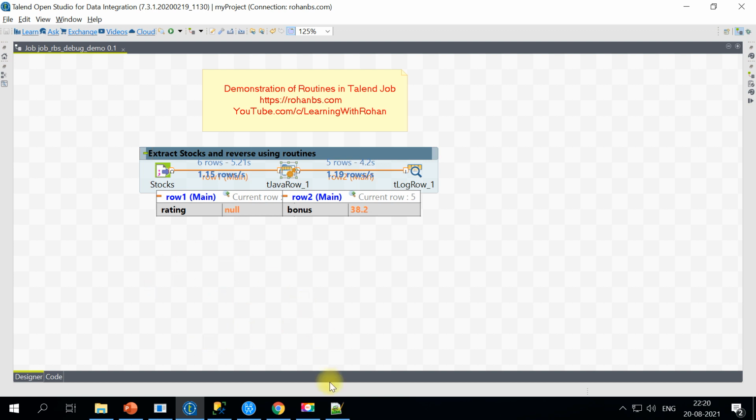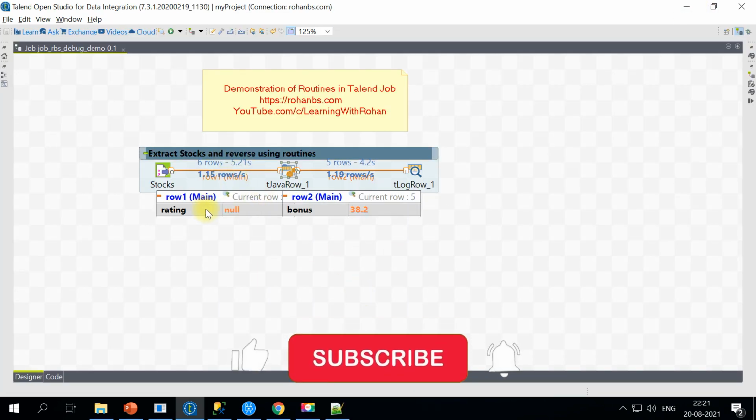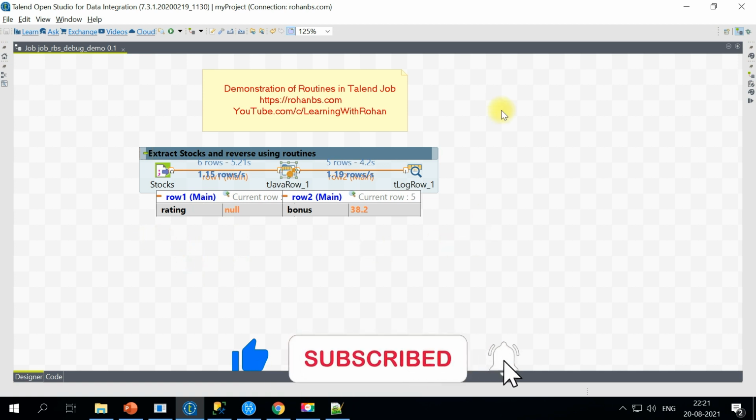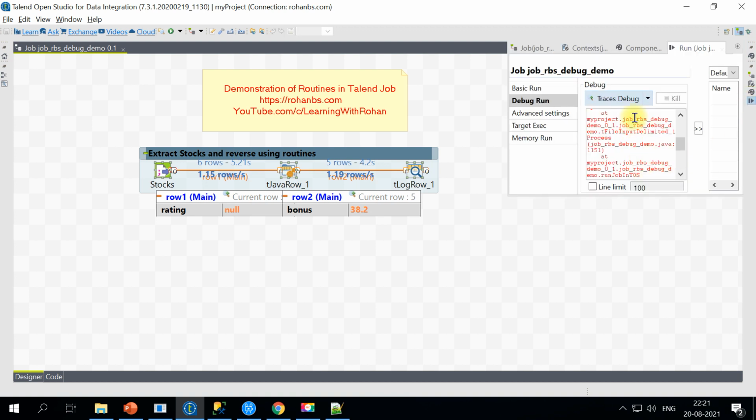Right, so this is one way. As I said, in this example it's very simple, so you may not feel it is very useful, but in a real-time scenario, you may have like 50 columns, and there could be 10 different fields and 10 different checks. So in those cases, this will be really helpful. The difference between trace and Java debug is that trace will actually give the column values on the job design area itself during the execution. So now this is one way. We will look at the other option.